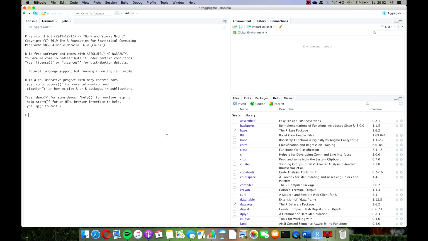In today's video we will be working in RStudio, and the goal of this video is to get an idea of the aggregate function in R. The aggregate function is one of the most important functions in R, and what it allows you to do is to create a function of the data that you're using, but grouping it by the categories in another column of